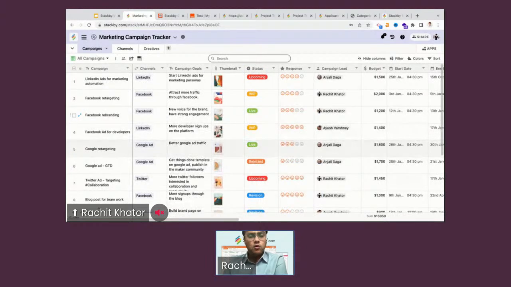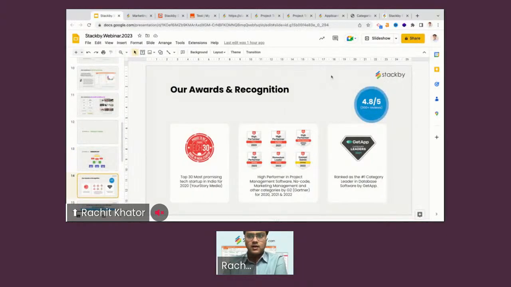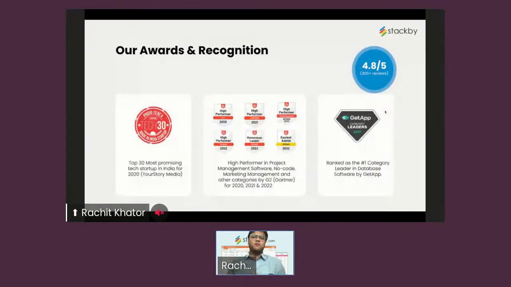So let me go back to my presentation and talk a little bit more about our achievements so far and our product roadmap, and what you'll see coming in the next few days and few months from now. So since the time we've launched Stackby in 2020,